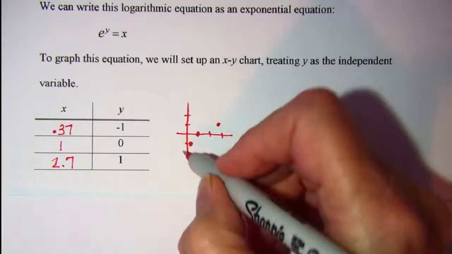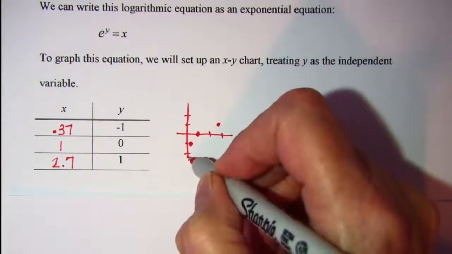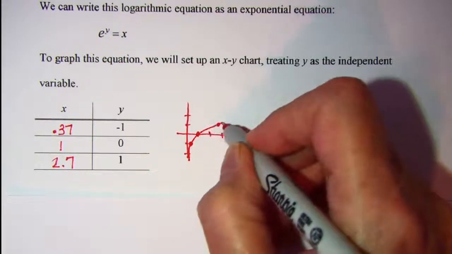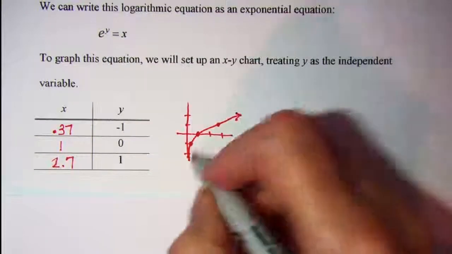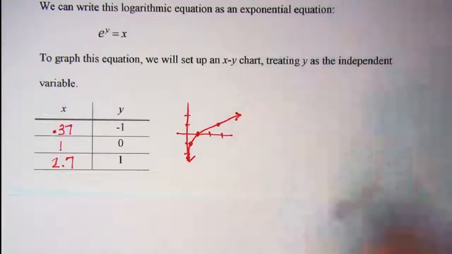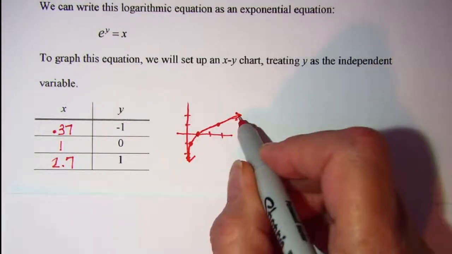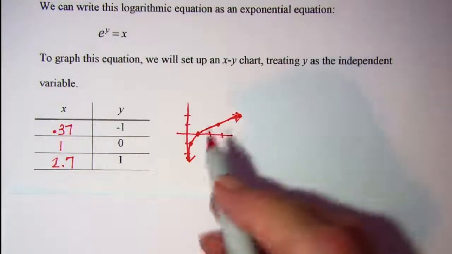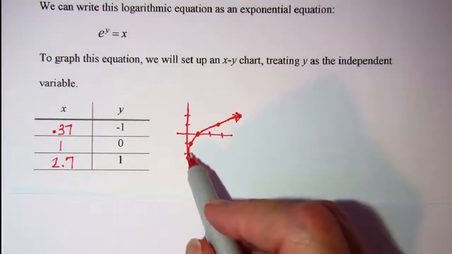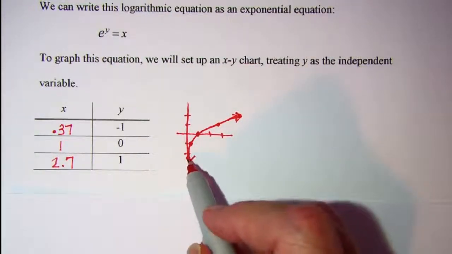Y is 1. So my graph of my natural logarithm looks something like this. This probably should be more curved. But it has an asymptote at the